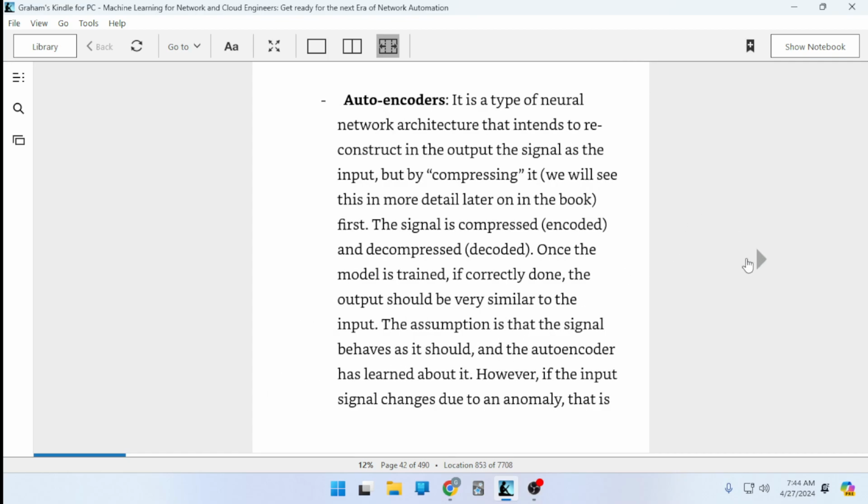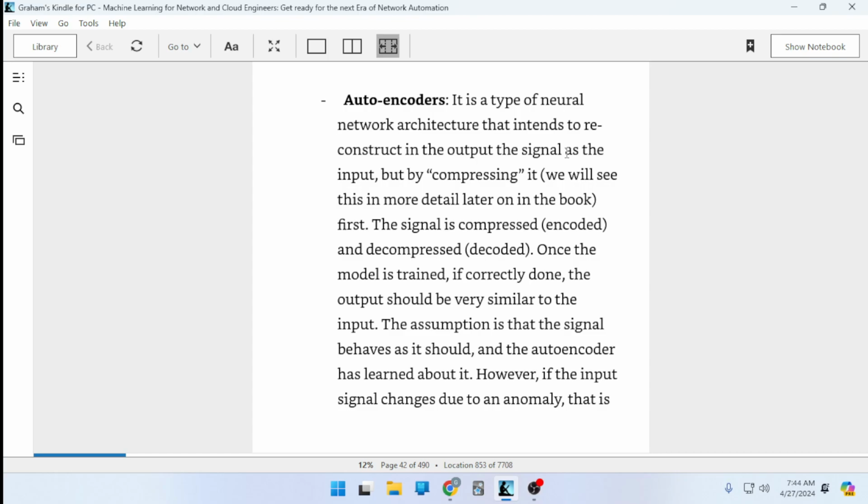Examples of these techniques are autoencoders. It is a type of neural network architecture that intends to reconstruct in the output the signal as the input, but by compressing it. We will see this in more detail later on in the book. First,